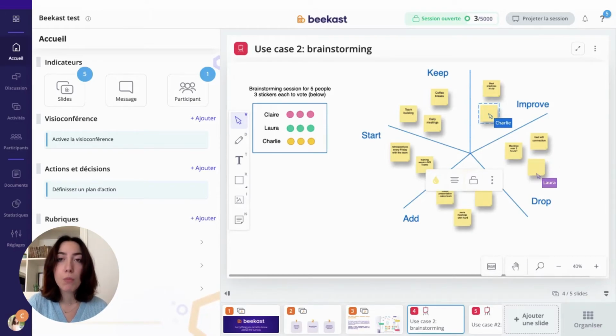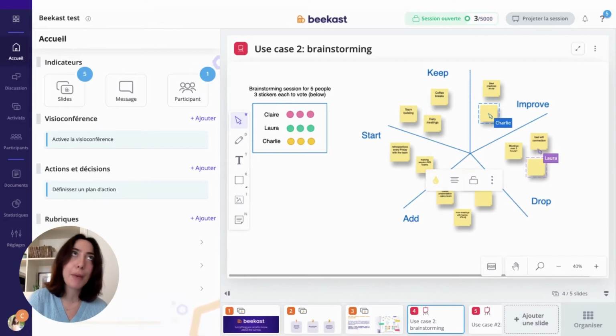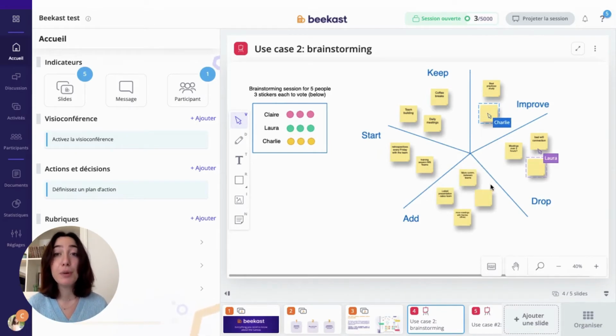What should we keep doing? What should we start doing? Stop doing? Make better? Add. As you can see, participants can go ahead and add their ideas, creating notes easily and sliding them into the right category. Once you've finished organizing everyone's thoughts, you can now prioritize them by asking them to vote for their